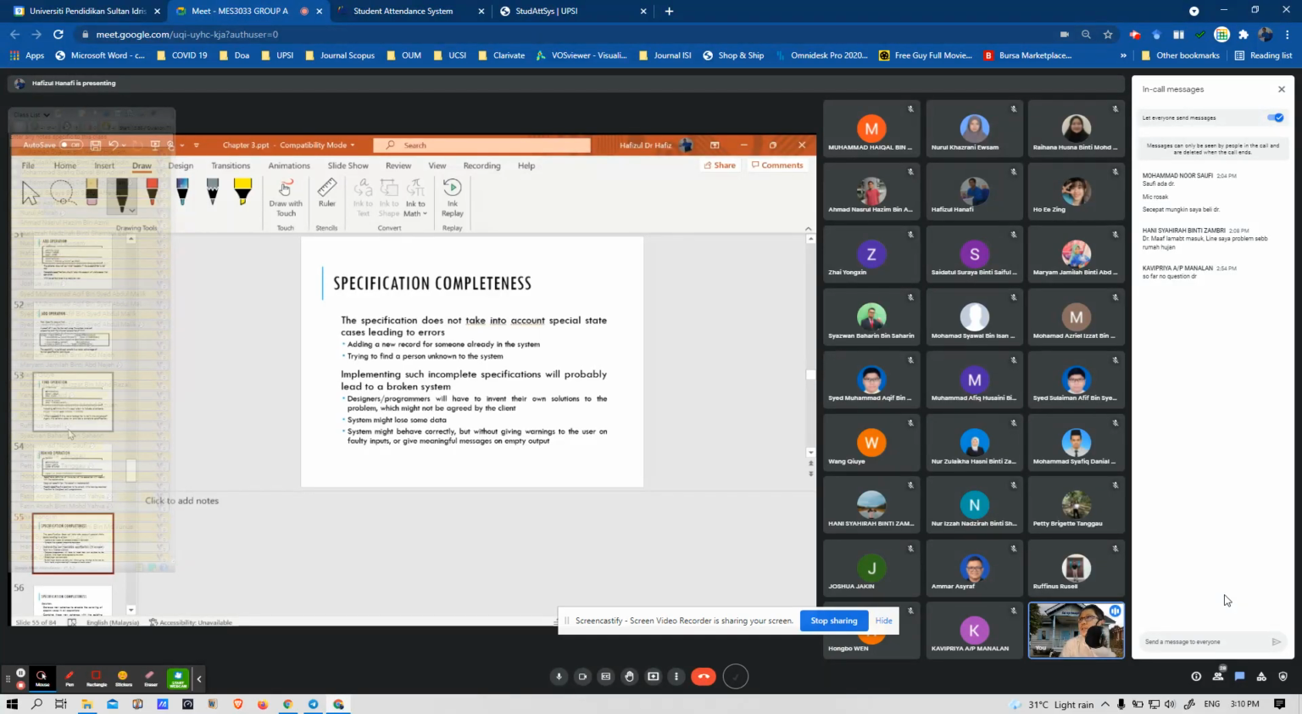Okay, this one is the specification does not take into account special state cases leading to errors. For example, you want to add a new record for someone that is already in the system. Secondly, trying to find a person unknown to the system. Implementing such an incomplete specification will probably lead to a broken system. And then there are three